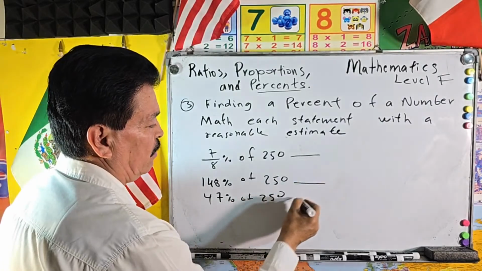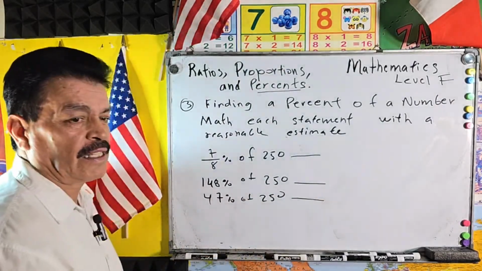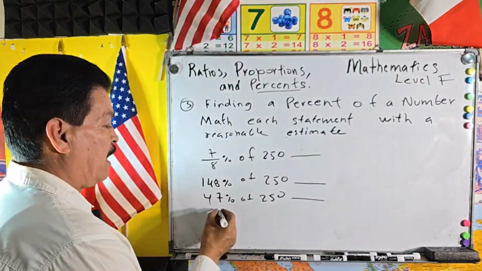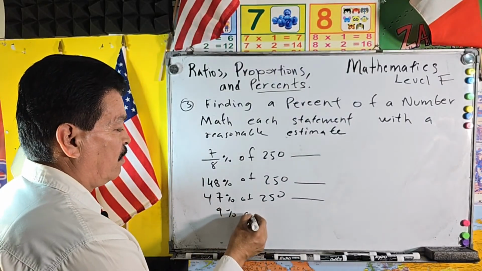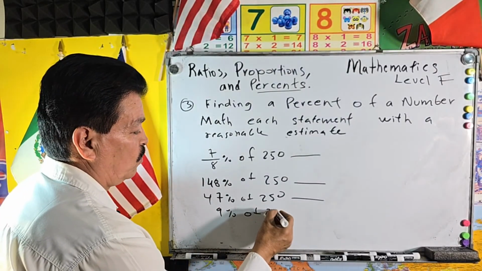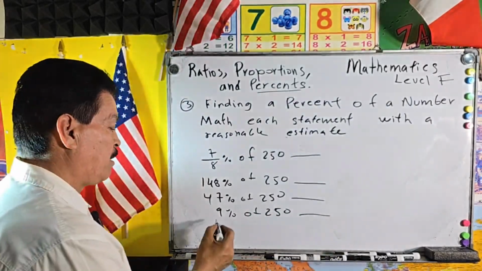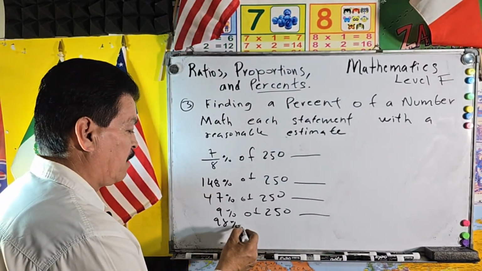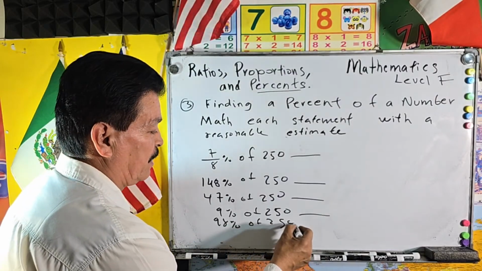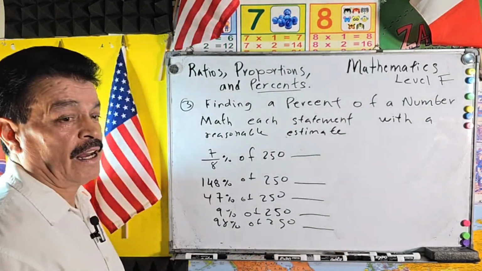Okay, this is the same, and then the same number, and then 9% of 250. Also 98% of 250, and then